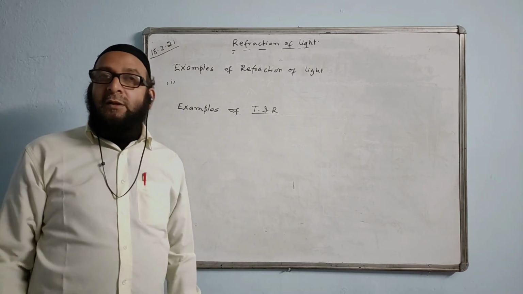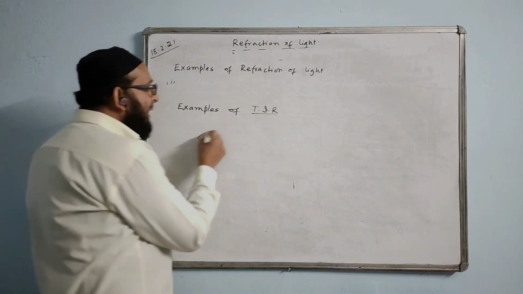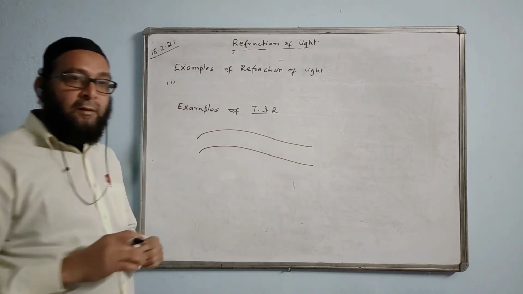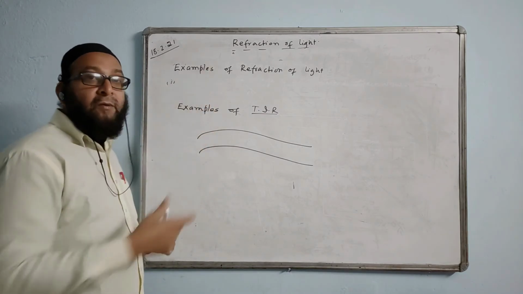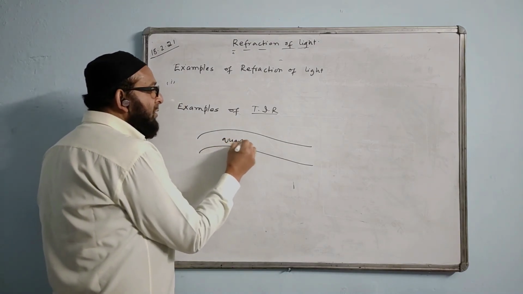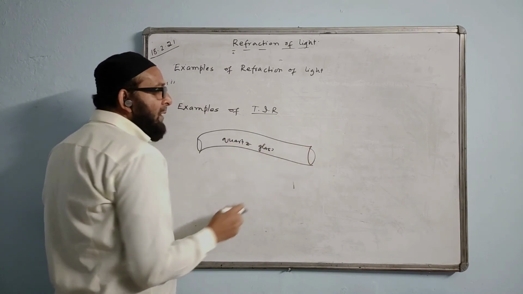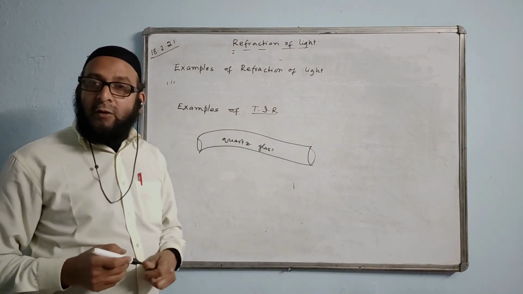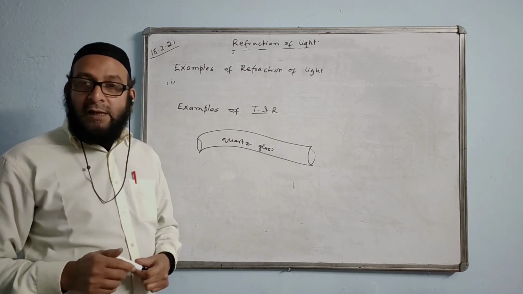And the last one is the working of an optical fiber. What is an optical fiber? Optical fiber is a kind of wire or cable, or you can say a kind of pipe in which there will be no copper wire, there will be no metal wire. Inside there will be quartz glass, and this will transmit the light from one end to the other end without any loss of energy. That is the best part, because it works on total internal reflection of light, TIR.